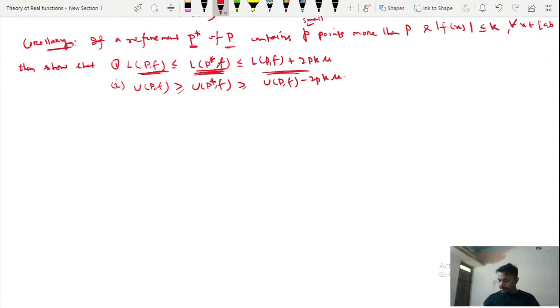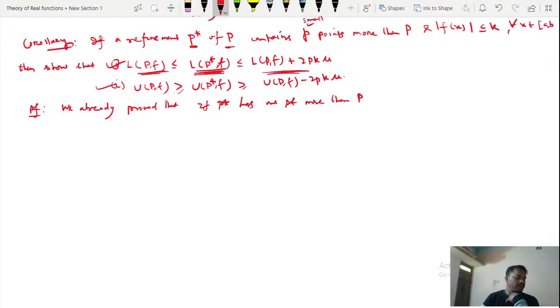So now first go to the first one. I will do only this one; similarly we can prove the second one. Already in the above theorem we proved that if P star has 1 point more than P,